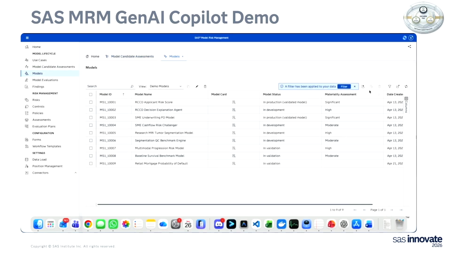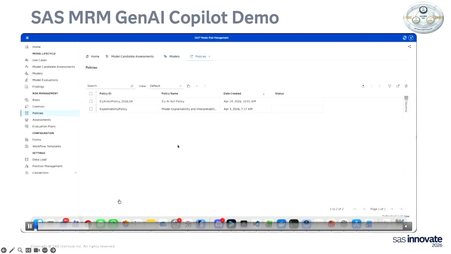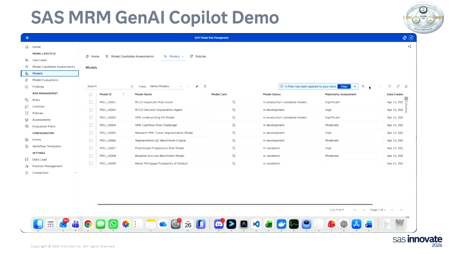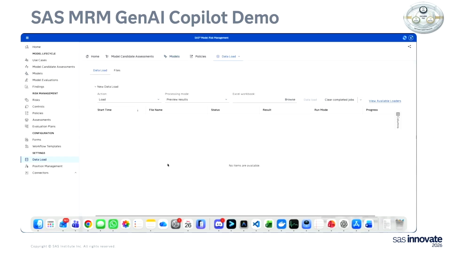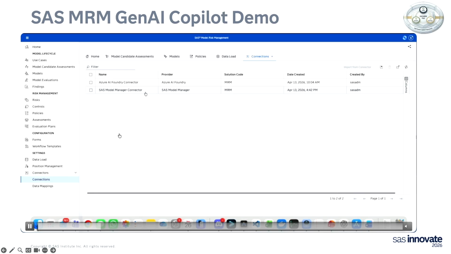Once you decide that the model is going to be registered into the system, you have multiple ways in which you can register these models. Models can obviously have policies, but if I want to register a model within the system, I can do it manually through the UI. Obviously, I can click on the system and start adding information, or I can data load this information from Excel. Or finally, I can also use the data connectors that I was talking about earlier. Here we have examples with a model manager and